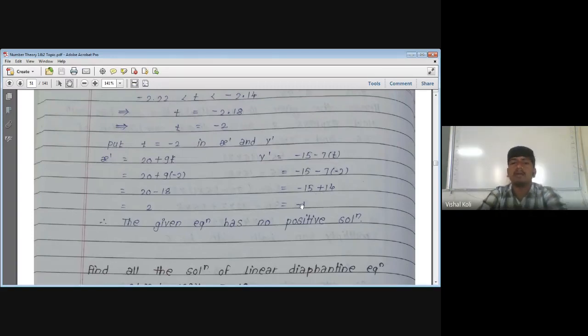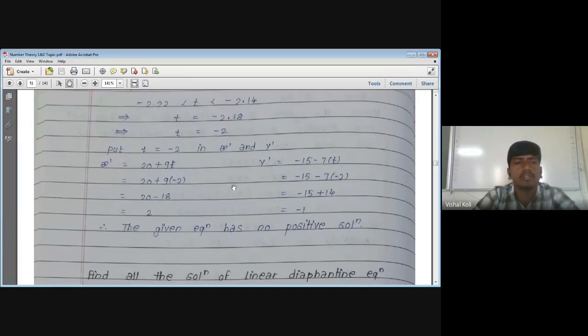But here we get the value of x dash is positive, but y dash is not positive. Therefore the given linear Diophantine equation has no positive solution, since y dash is less than 0. Now here we have chosen t as minus 2. If we take t equal to minus 3, then also we get among these two x dash and y dash, one of them